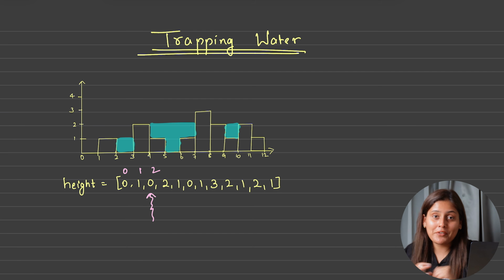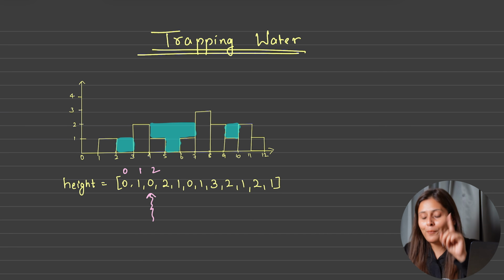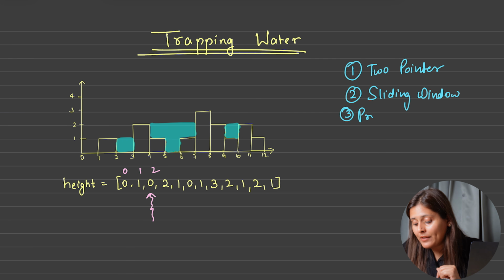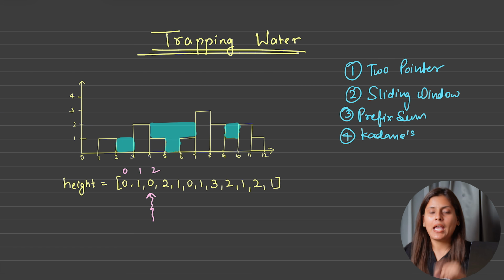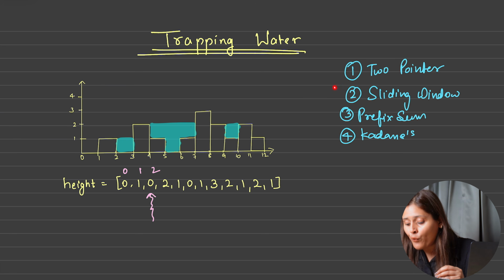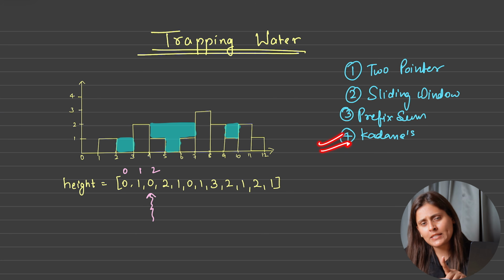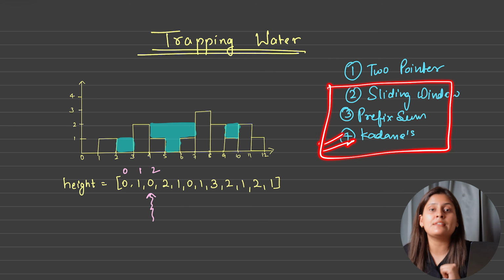Let's see. So you know, whenever we talk about the optimized approach, 4 patterns always come to our mind: 2 pointers, sliding window, prefix sum, and Kadane's algorithm. And whenever we want to play with a continuous subarray, whether we need all values together, or we have to do the summation, calculate the average, calculate the length, we can go with sliding window, prefix sum or Kadane's. Kadane's when we have negative numbers also present in the subarray and we have to calculate something, then only we will go with either of these three patterns.